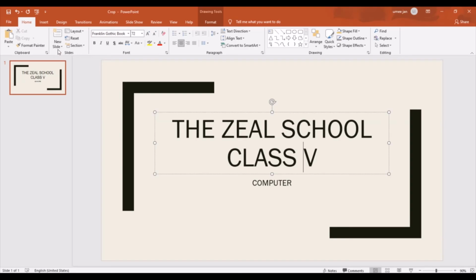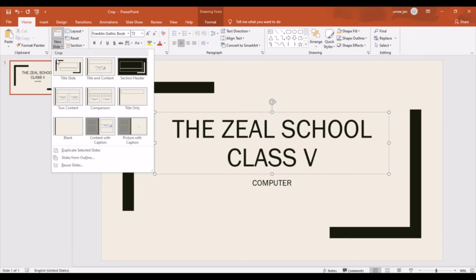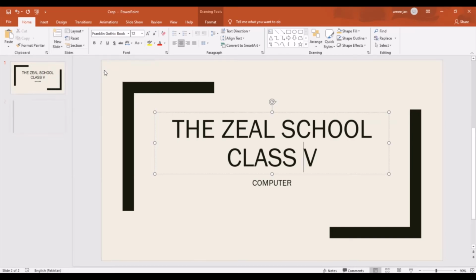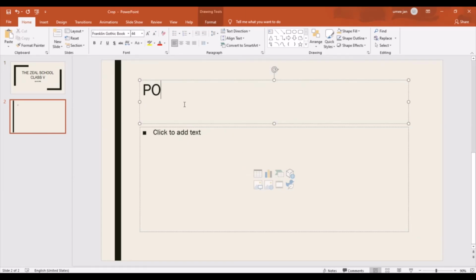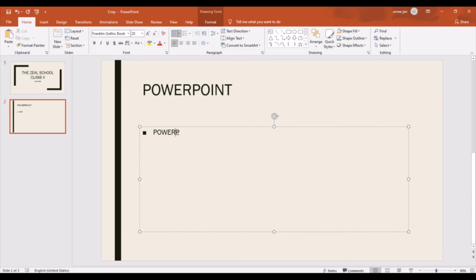Now I have to choose the second slide, so I am going to click on new slide, and the layouts of the slides will appear. I am going to choose this one. This is title and content, and now I am going to write the title, which is PowerPoint, because we are learning PowerPoint. And now in this box we can add the text, PowerPoint presentation.